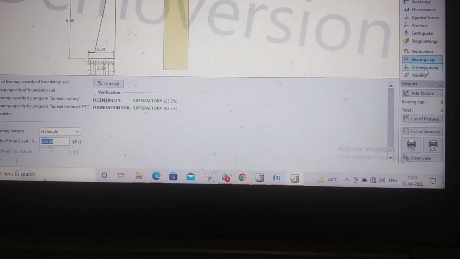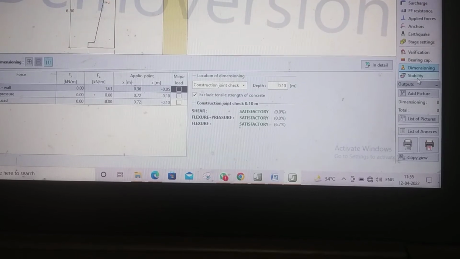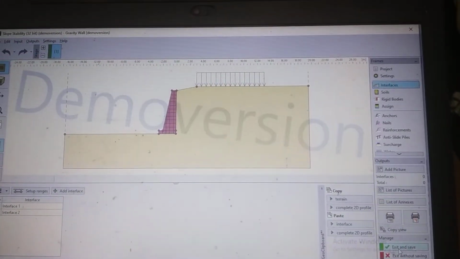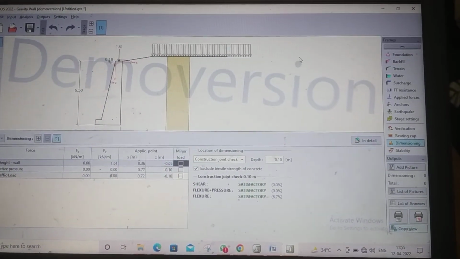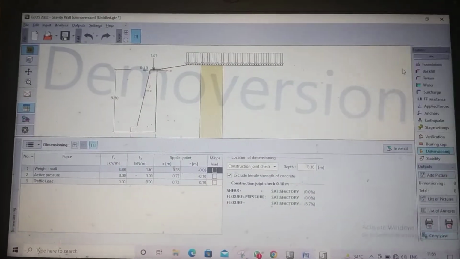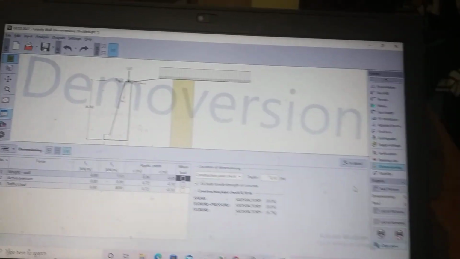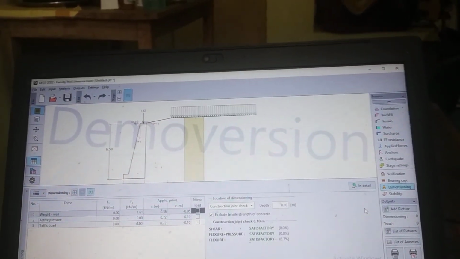Then dimensioning, it's okay, this is also okay. So now we have designed the gravity retaining wall for moving vehicle or traffic load.